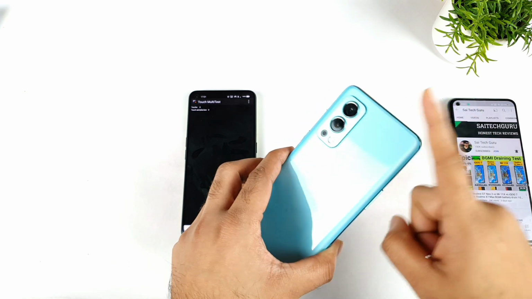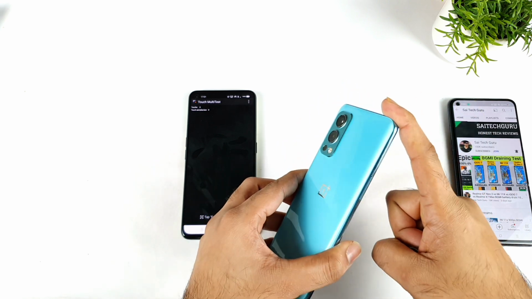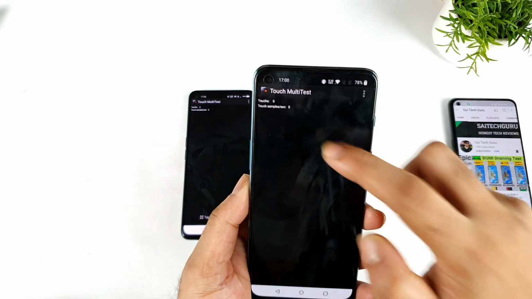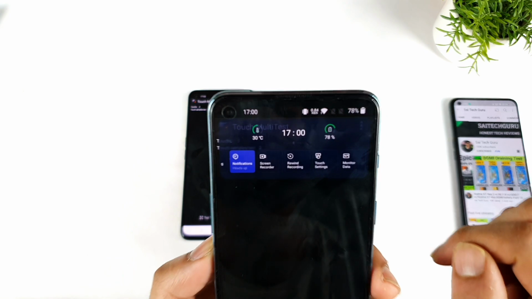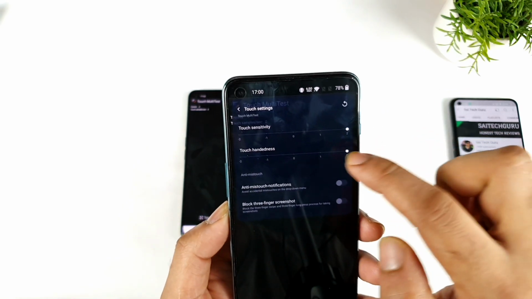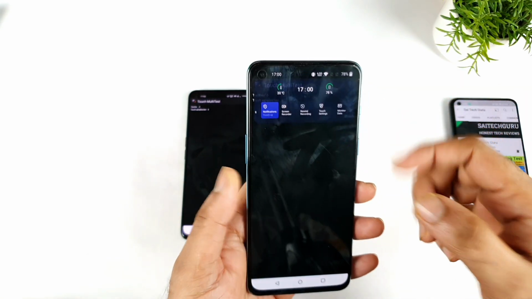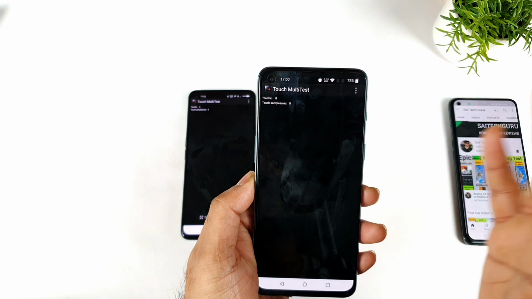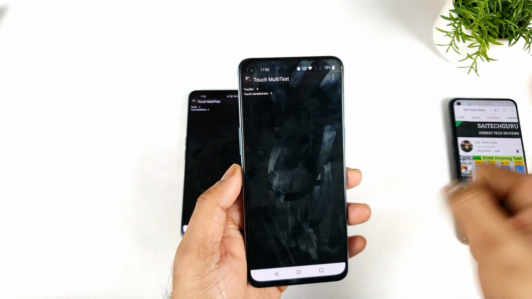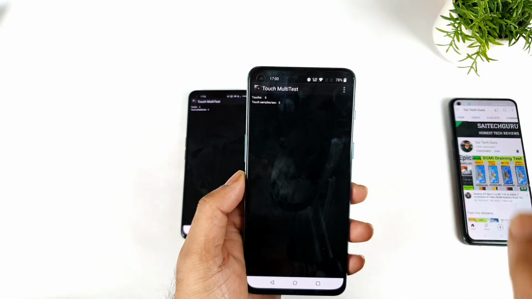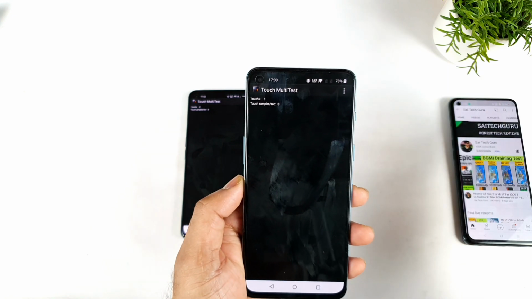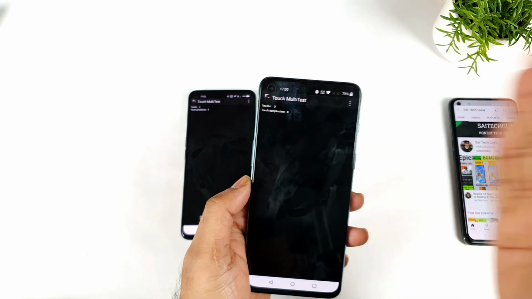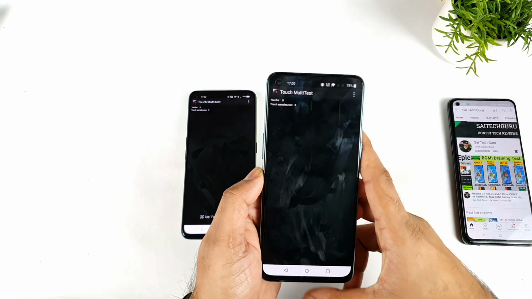Yes friends, this phone has 120 Hz touch sampling rate, which is pretty outdated even compared with mid-range mobile phones. In this OnePlus Nord 2, even if you use Gaming Space, game enhancement boosters, increase the touch sensitivity, use high performance mode or not, whatever I tried, the touch sampling rate is still limited to only 120 Hz. The OnePlus Nord CE, which I used before, has 180 Hz touch sampling rate, exactly accurate, no issues. But the OnePlus Nord 2 has less touch sampling rate than the other phones of the OnePlus series.